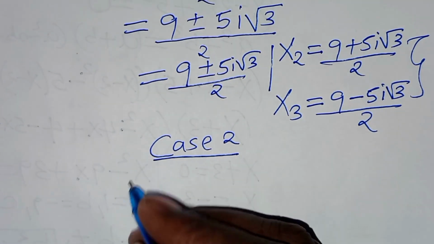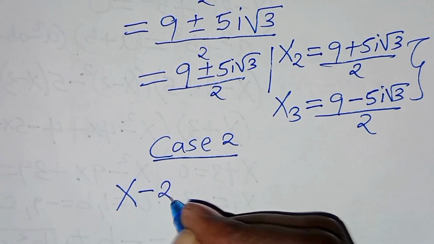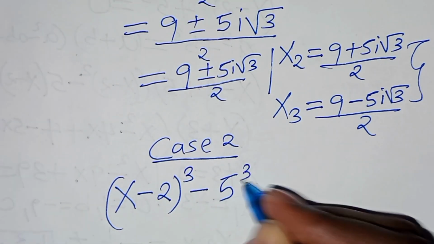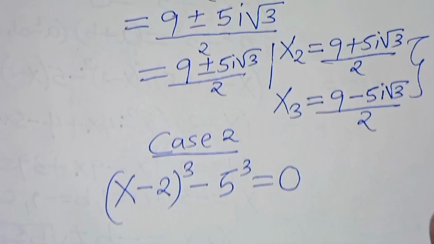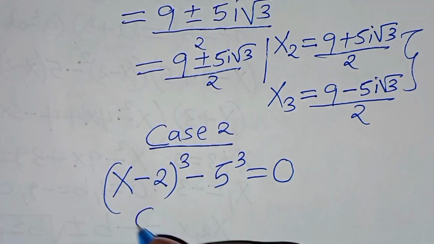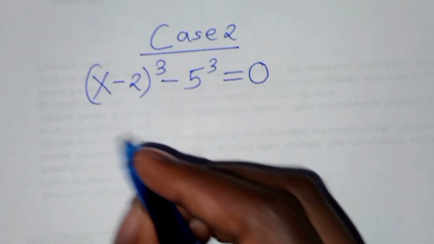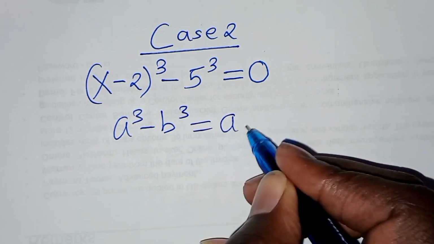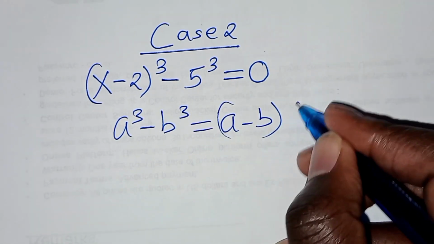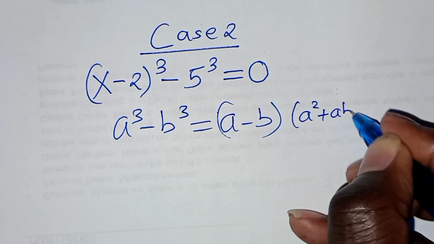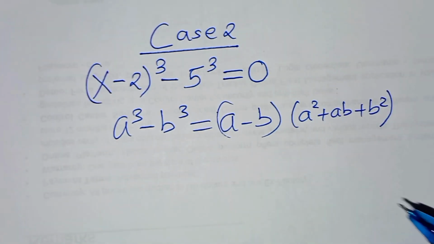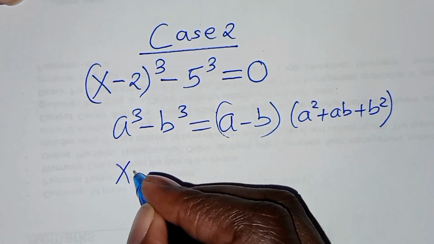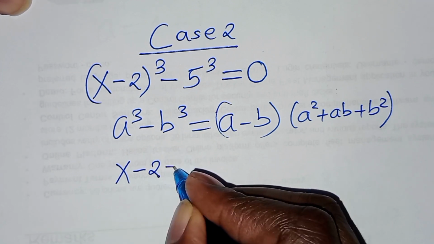So case 2, we have x minus 2 raised to power 3, subtract 5 to power 3, equal to 0. Now this is in the form of a cubed subtract b cubed, which we can express as a minus b times a squared plus a times b plus b squared. Now applying this property, we have that x minus 2 subtract 5,